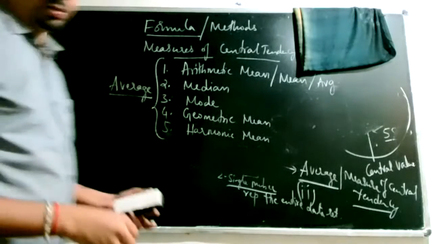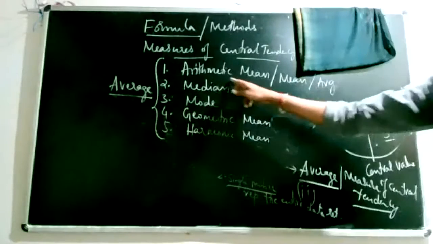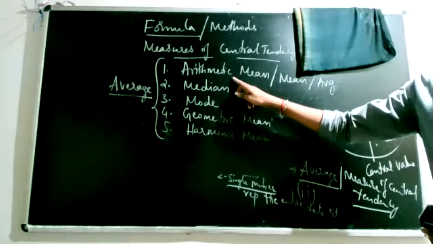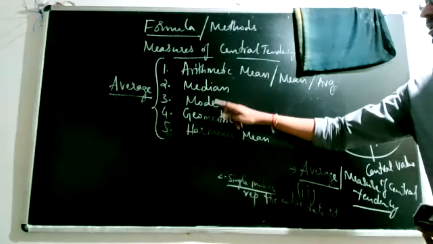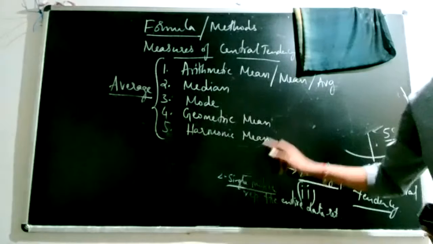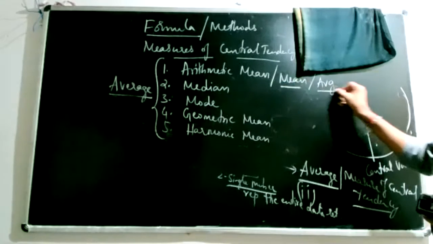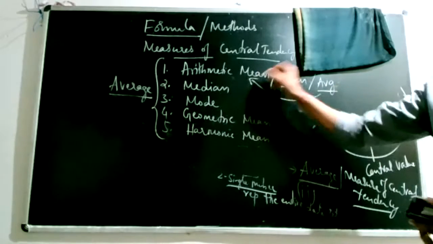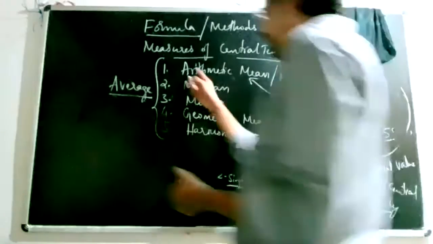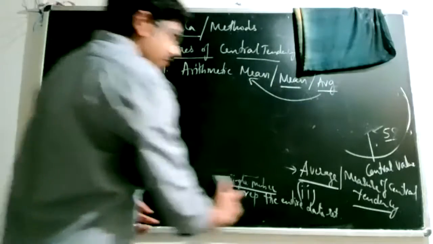So if the question in your examination just says average, the question is pointing in the direction of arithmetic mean. If the question specifically says median or mode or geometric mean, then you have to talk about that particular average. So if you just see the word mean or average, then you have to just talk about arithmetic mean. Now let us understand each one of these and see what are the formulas and techniques available